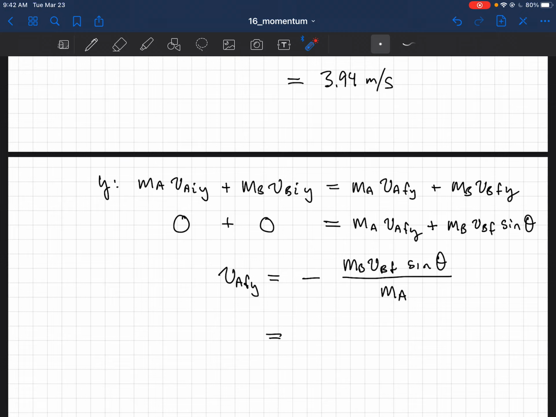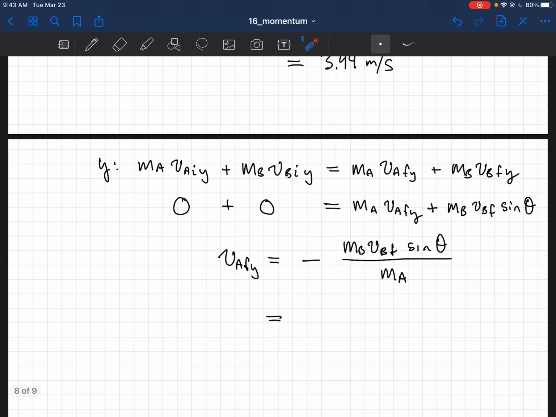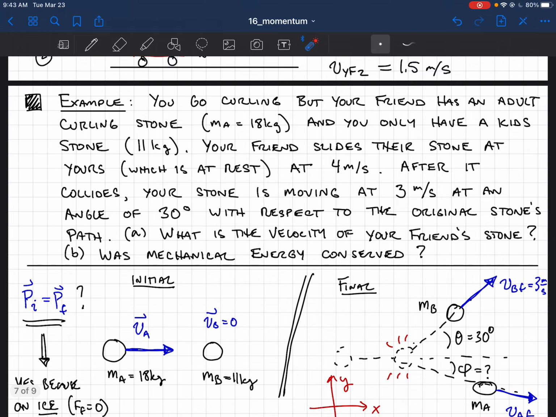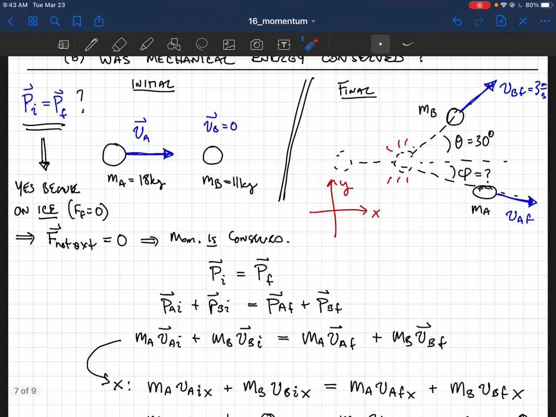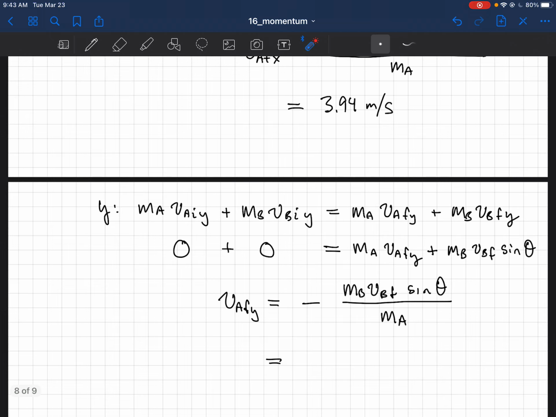So MB is 11 kilograms, times VB final, which we said was 3 meters per second, times sine of the angle, and then divided by MA, which was 20, right? No, 18. So this becomes minus 0.92